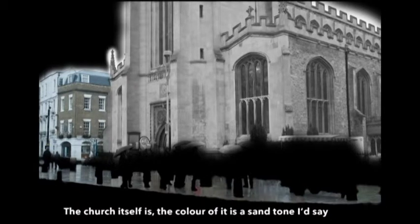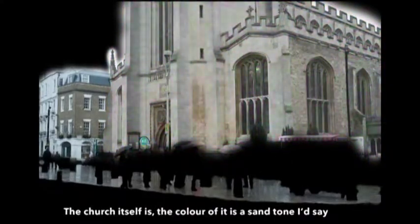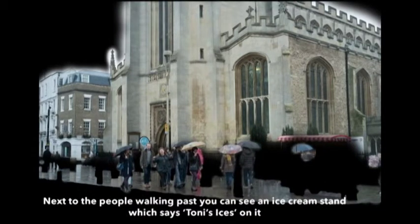The church itself, the colour of it is a sand tone, I'd say. There are people walking past it with umbrellas. You can tell that it has rained, because the pavement is wet and you can see the reflections in it. Next to the people walking past, you can see